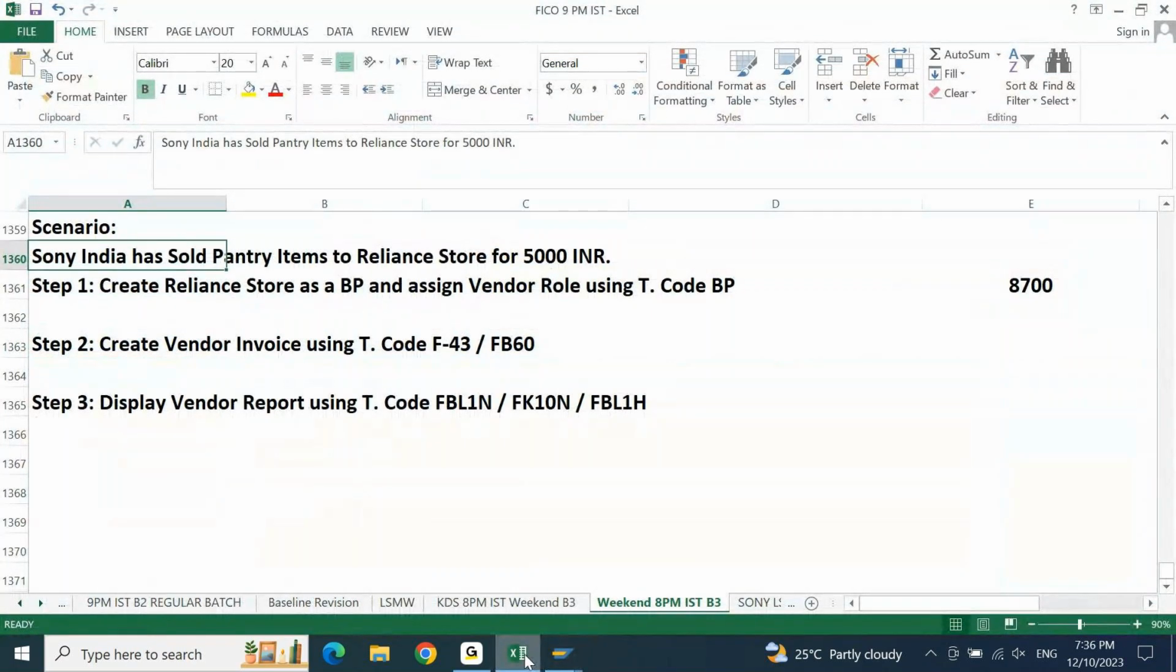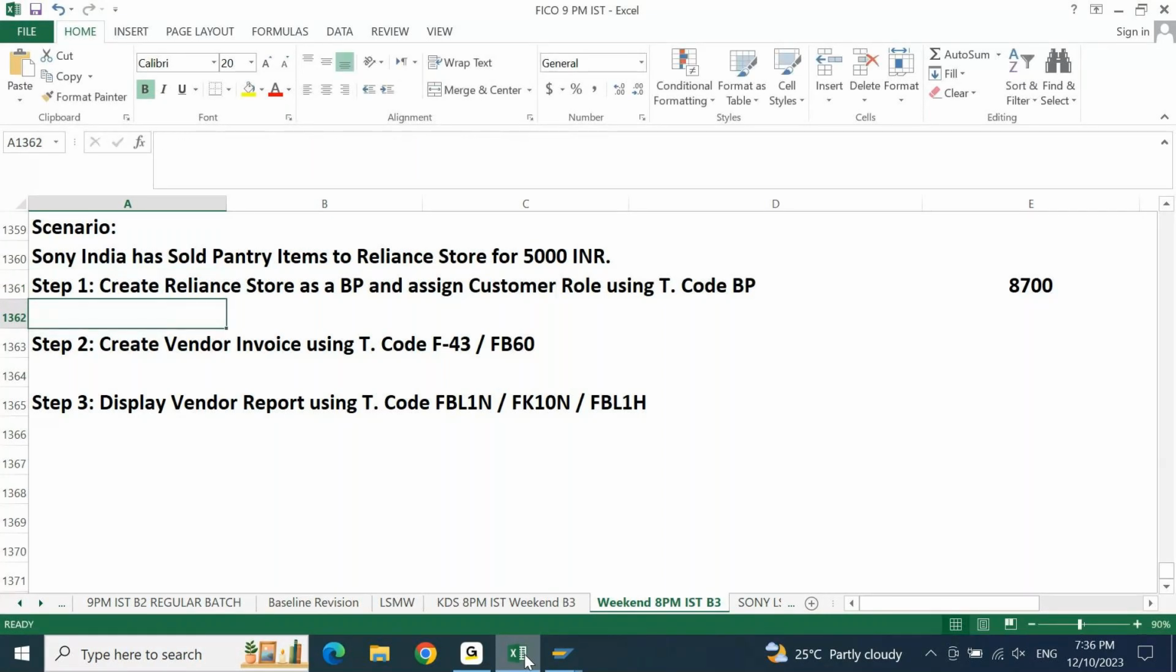Sony India has sold pantry items to Reliance Store for 5,000. Now create Reliance Store as a BP and assign which role? Customer role. And the BP we got yesterday is 8700. Since it is the same party, 8700 will remain as it is. For 8700 we are able to assign the customer BP role. Next one, come back, create